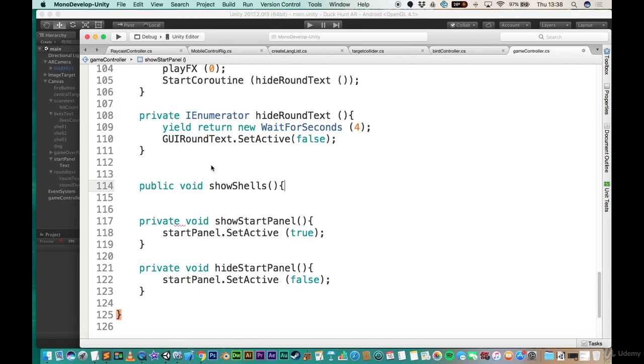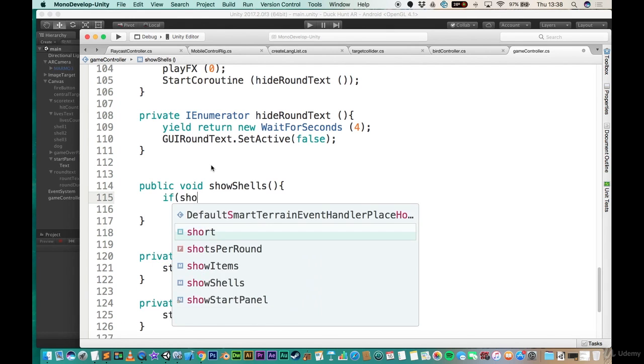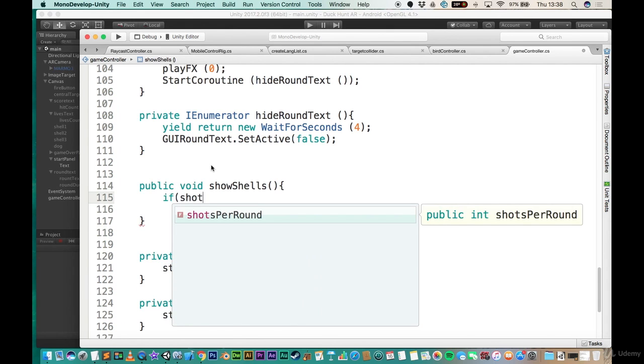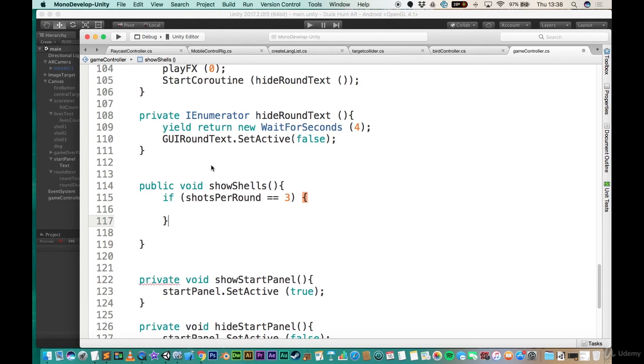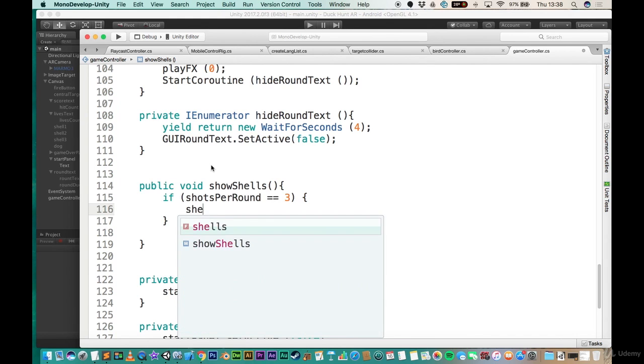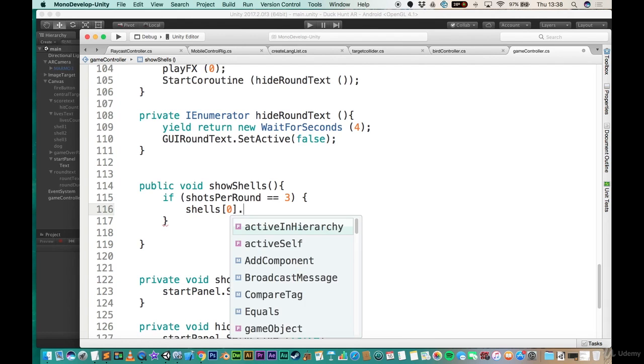Now what this is going to do is it's going to check how many shots we've actually got left, and if the shots in the round are 3 remaining, then what I want to do is get the shells. Now if you remember, shells is an array of the 3 shells. So from that, I want to get the first one in the array and set it to be active like